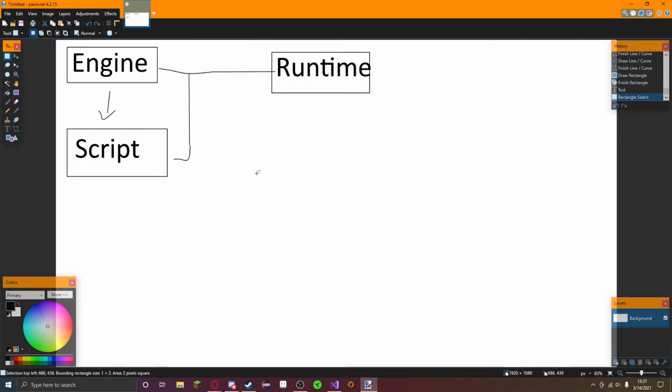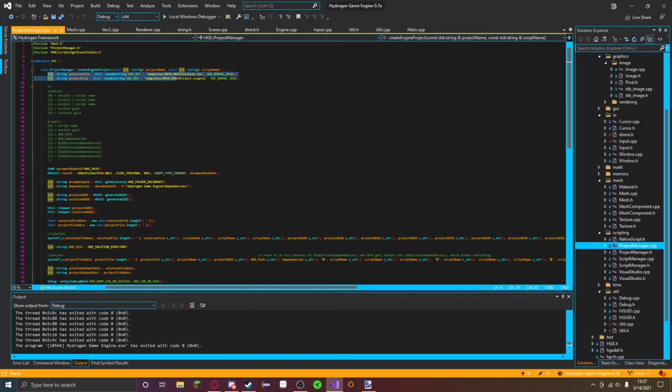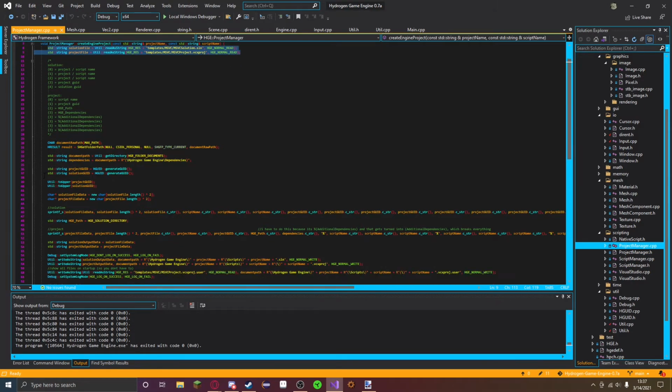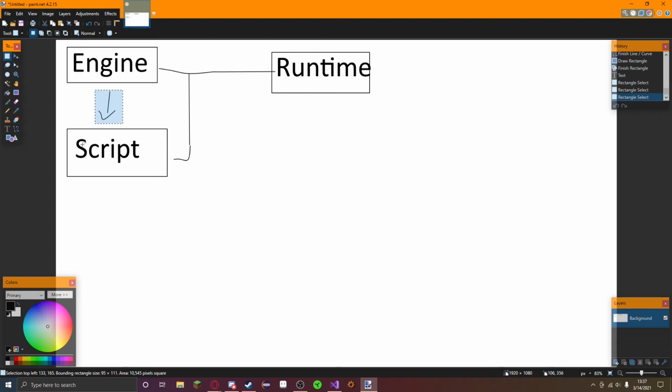Okay, so this is a very oversimplified version of it. When you create a project in the engine, it goes through this part right here. It reads a template that I have, then it creates the necessary data, adds a script, and opens Visual Studio. And then that leaves you right here. Because of the settings, it automatically copies the DLL file over to the engine, which links it back up during